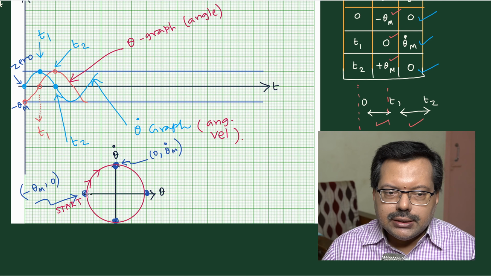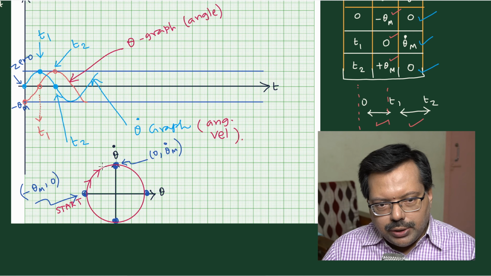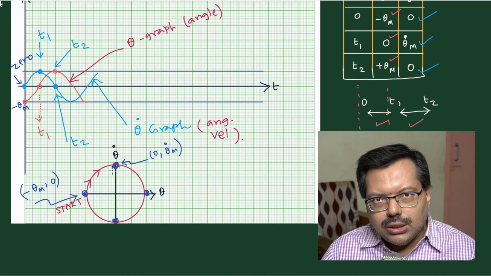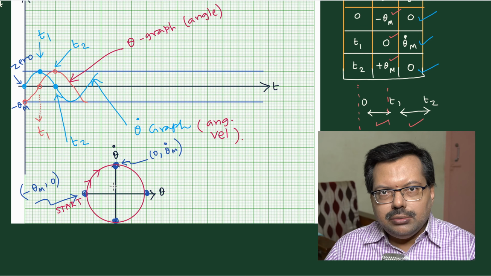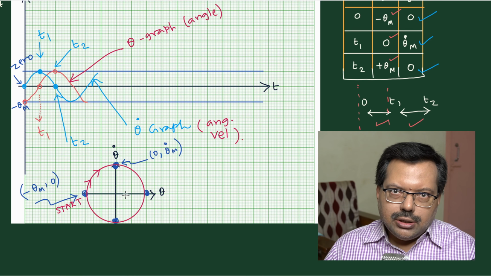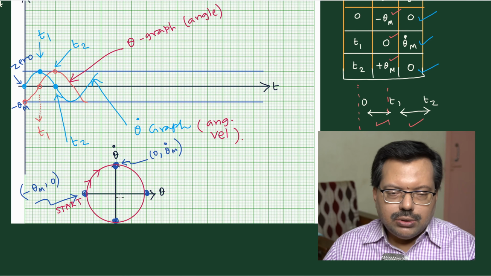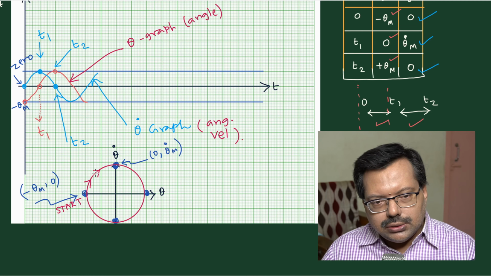From there, as time changes, you are going to get newer and newer points, and each point is drawn, and then you continue to join those lines. When you join those lines, you get a curve. That curve is also called the trajectory. In the case of the simple pendulum, it so happens that it is a circular path. That's all about it. You won't get a circular path in many situations. Only in this kind of simple case does it happen that it is a circular path.